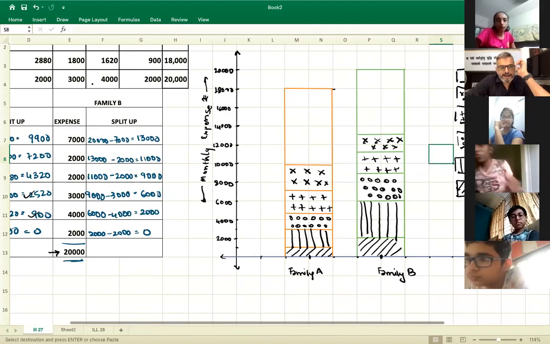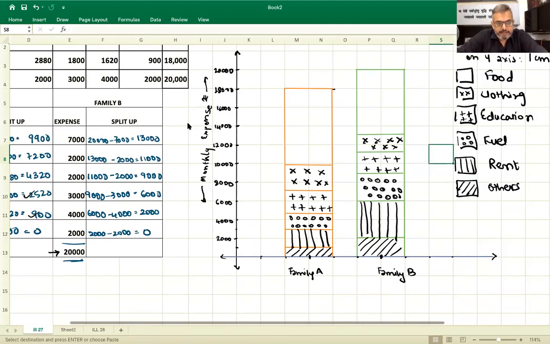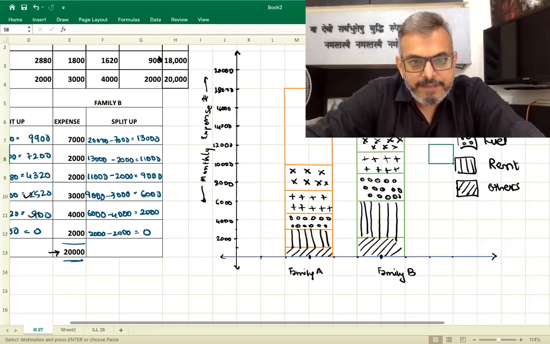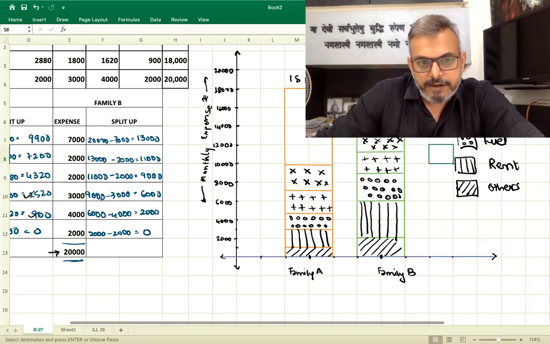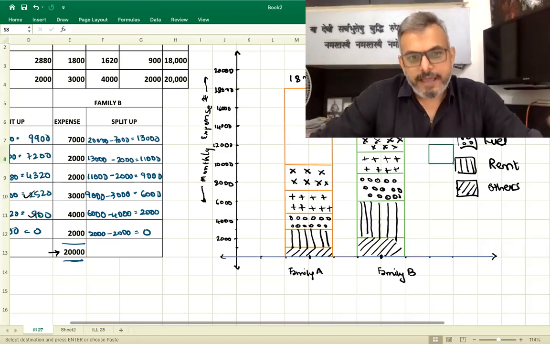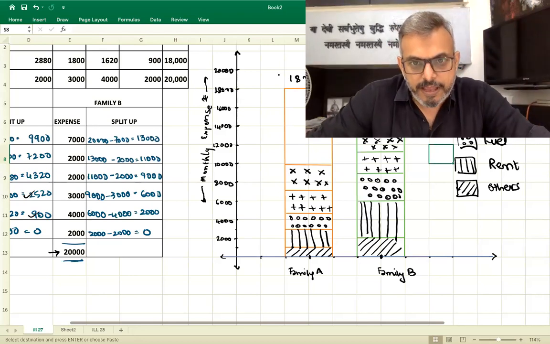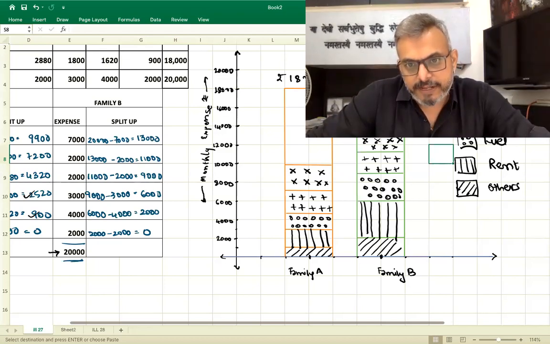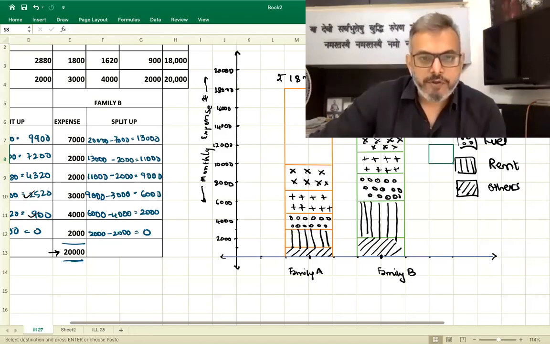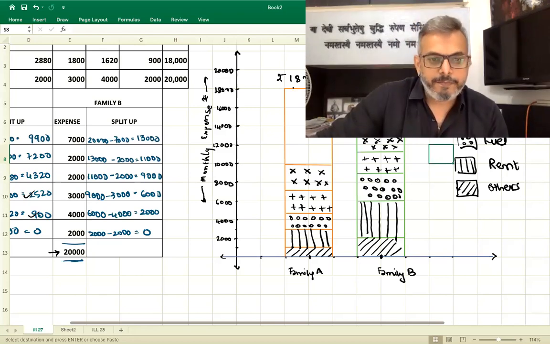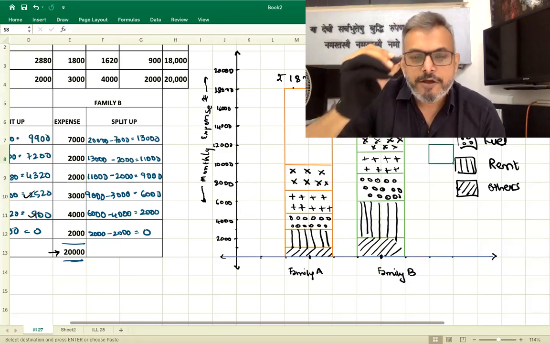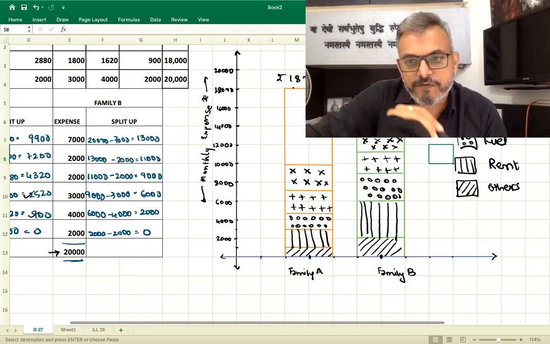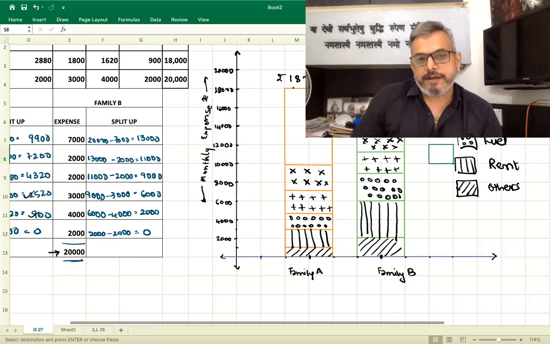अब ये सिंपल डिवाइडेड बार डायग्राम का लिमिटेशन क्या है? अगर यहाँ पे फैमिली ए और फैमिली बी दिया है तो दोनों का इनकम अलग है। फैमिली ए का इनकम है 18,000, इनकम जितना हो उतना ही एक्सपेंस हुआ 18,000। फैमिली बी का एक्सपेंस है 20,000। पर मुझे कंपेयर करना है दोनों को, तो एब्सोल्यूट डिफरेंस तो है ही कि एक का 18,000 है और एक का 20,000 है, पर मुझे ऐसा फाइंड करना है कि फैमिली ए और फैमिली बी में कौन कितना परसेंटेज ऑफ इनकम कहां पे स्पेंड कर रहा है।